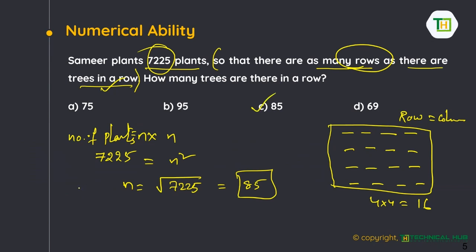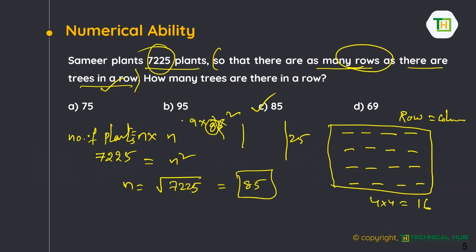Option C. Guys, there is a small technique for squares which are ending with 5. If you want to calculate the square of a number ending with 5, the last two digits must be 25. Suppose, for example, if I want 85 square, 5 square is equal to 25. Last two digits are 25. Now the remaining digit is nothing but remove this 5 and take this number 8, multiply this number with its